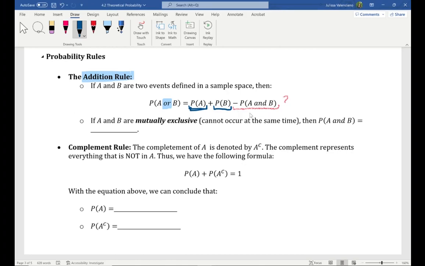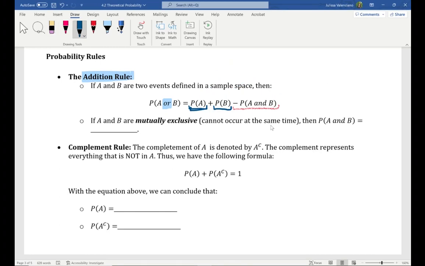Well, let me just keep it simple. To find the probability of A, you have to count the number of ways A can happen. To find the probability of B, you have to count the number of ways B can happen. It could be the case that you double count it. You're going to see how we double count in some cases. And so that is why we're saying, go ahead and subtract the probability of A and B. Or else, you're double counting. Once we look at an example, I'm going to show you how this double counting happens.